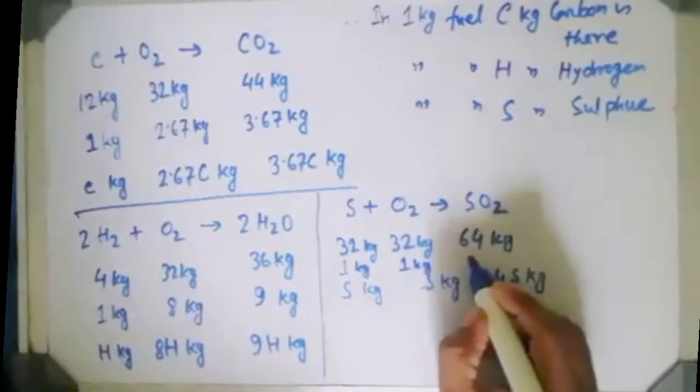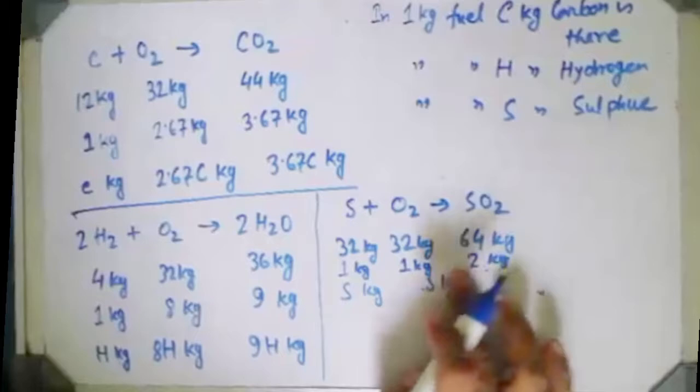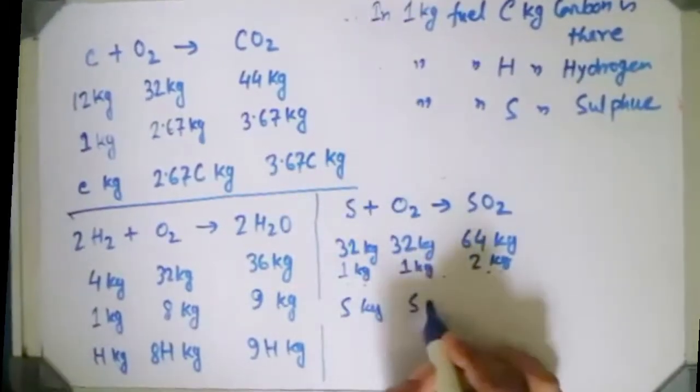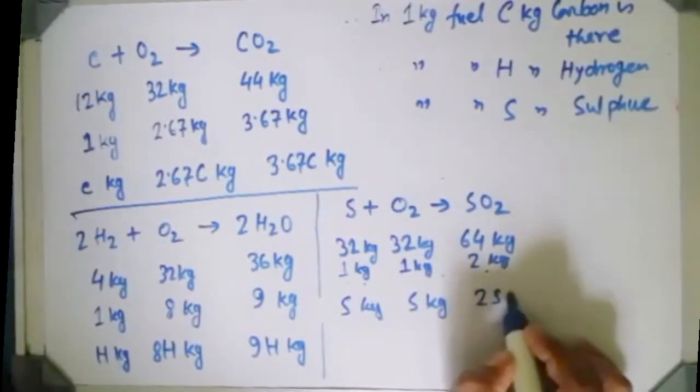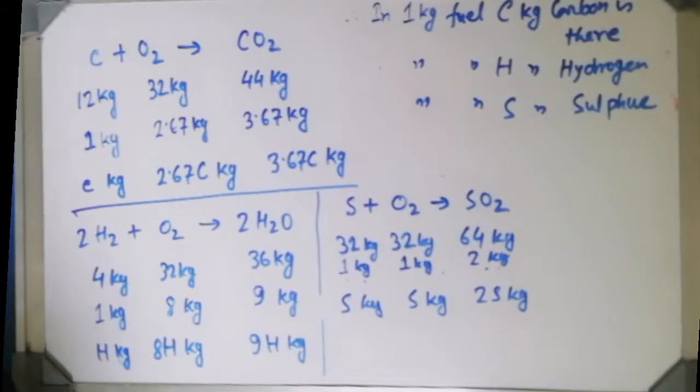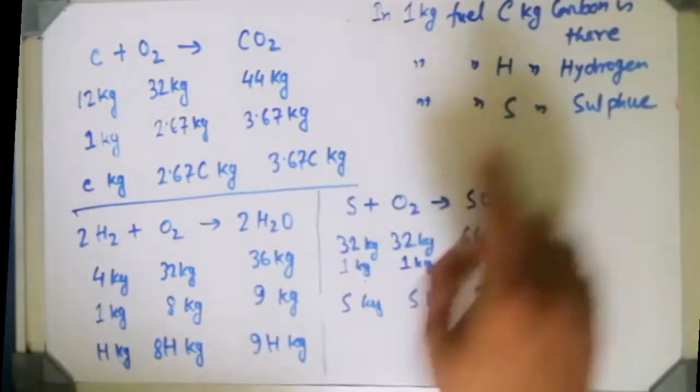Up to this limit, we have seen what oxidation reactions actually take place inside the combustion chamber. If anybody up to this limit is having any difficulty, then please ask. All these assumptions are considered for 1 kg of fuel. That means for 1 kg of coal, these are the composition. Now I should wipe it out.